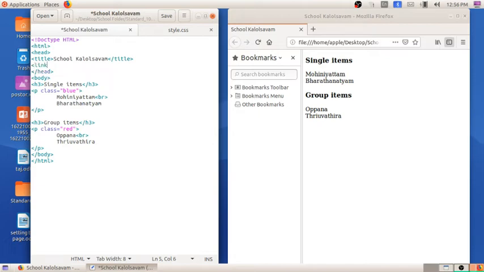Here I am going to link: rel equal to stylesheet, space, type equal to text/css, href equal to style.css. Okay. Just a second.